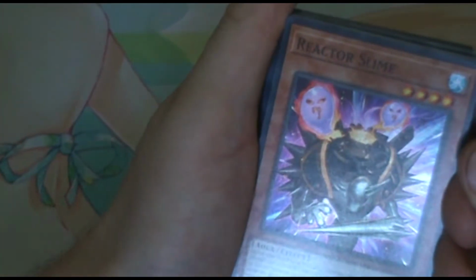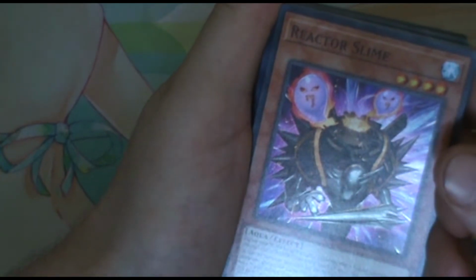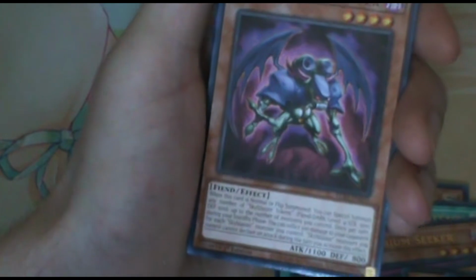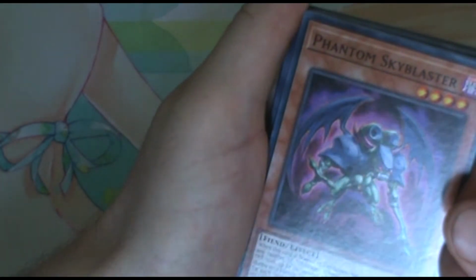Reactor Slime, special summons once per turn. You can also not normal summon or set for the rest of the turn except Divine Beasts. During the battle phase, you can tribute it, set 1 Metal Reflect Slime. Harpy's Feather Duster, a fantastic reprint. Breaker, Beast King Barbaros, Nine-Tailed Fox, one of my favorite cards. Phantom Sky Blaster. You can summon tokens up to the number of monsters you control. Once per turn during your standby phase, you can...